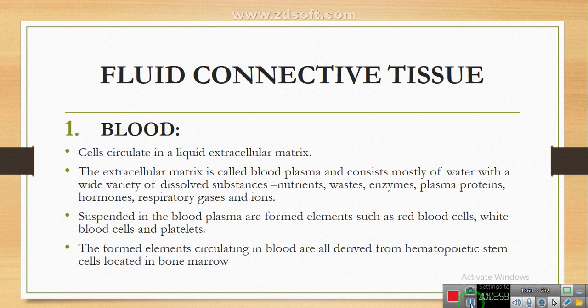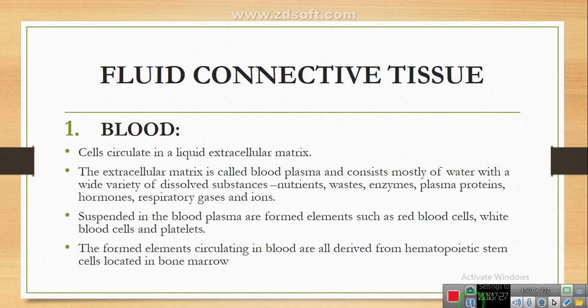The second type of the specialized connective tissue is the fluid connective tissue, which includes the blood and the lymph. So I am starting with the details of the blood. The cells circulate in the liquid extracellular matrix in the blood. The blood cells are circulated in the liquid extracellular matrix, and the